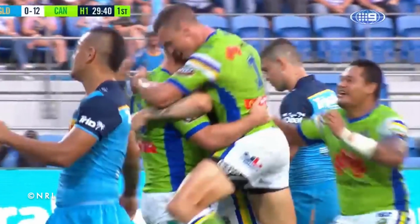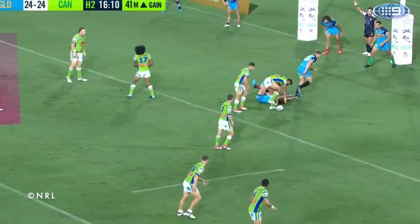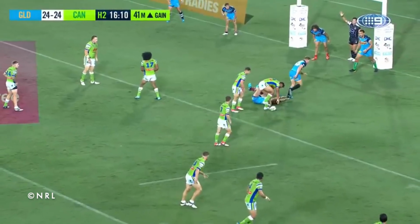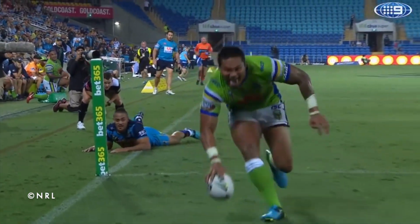Number 11, the Titans versus the Raiders in 2018. In a high-scoring battle on the Gold Coast, the Raiders would jump out to a quick 18-0 lead in the first 10 minutes, but the Titans would eventually hit back midway through the second half to tie the game at 24-all. A Joey Leilua try with 13 minutes remaining looked to have sealed the win for the Raiders, but a